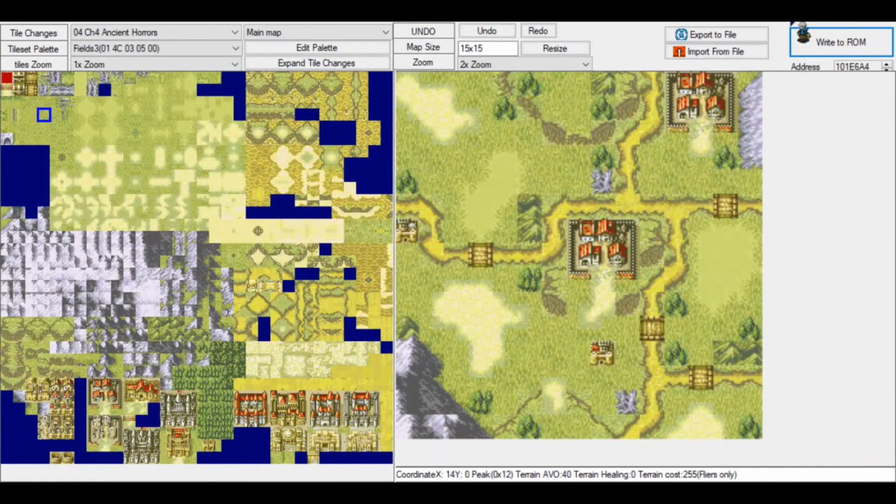So I have finished the map, and as you can see, it is now completely filled with everything. Every one of these blue tiles has been filled with something else. I decided to place a second village, 2 snags. This is where the boss is going to be at the end of the map. This snag will grant a quicker way to access the boss, a little shortcut over here. There is a snag over here that just functions as a shortcut to this village.